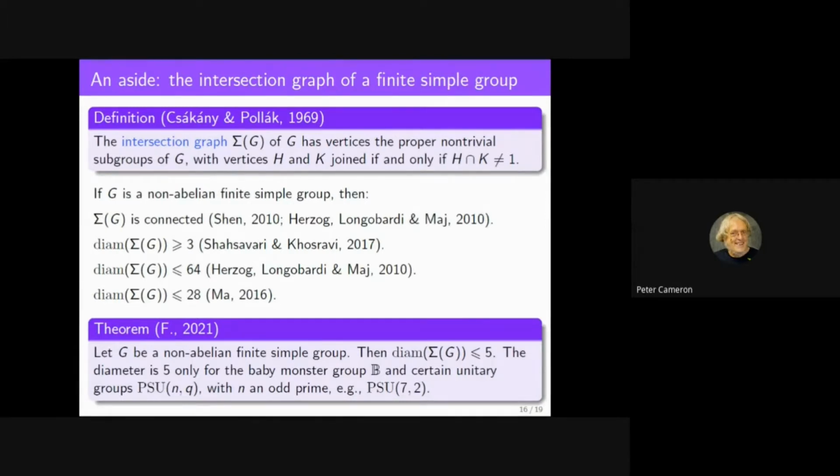Is that okay? Agreed? Yes. On the other side, you have the subgroups, and if you take two steps from a subgroup, you go to an element and then to another subgroup. That element lies in the intersection, so those two subgroups are joined in the intersection graph. And now it's easy to see that for two graphs related in this way, the connected components match up, they're bijective, and two corresponding components have diameters that are either equal or differ by at most 1.